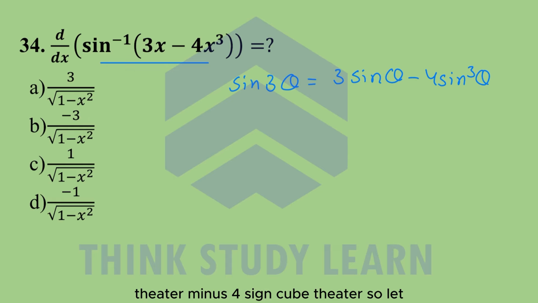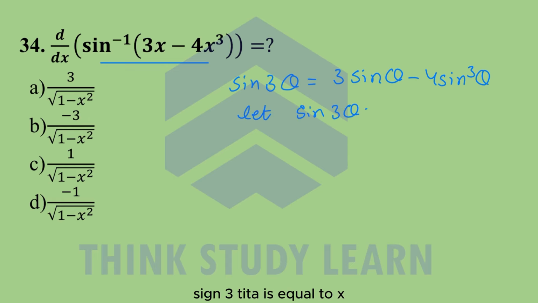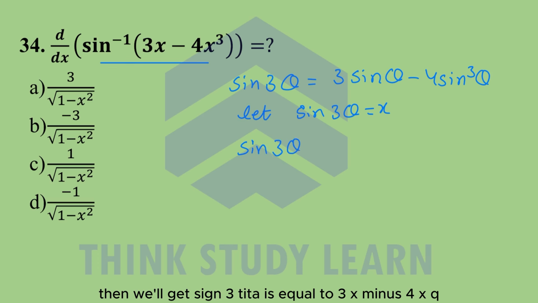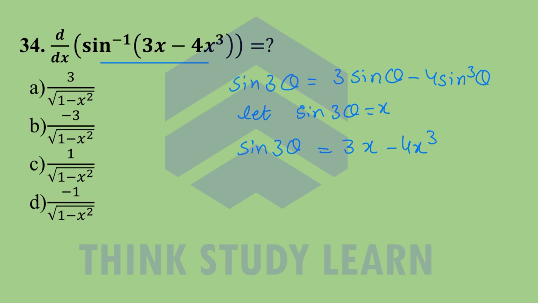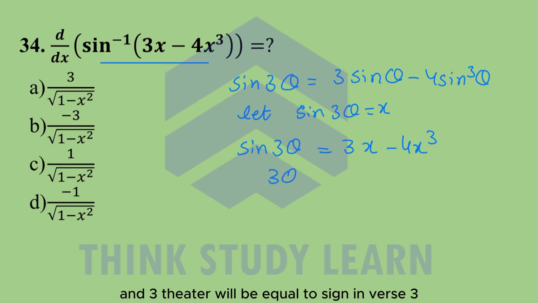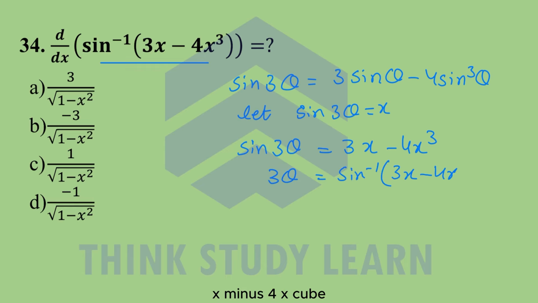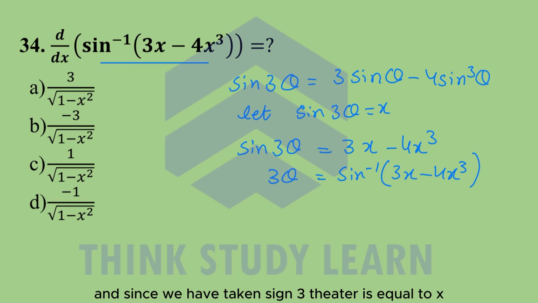So let sine theta be equal to x, then we'll get sine 3 theta is equal to 3x minus 4x cube, and 3 theta will be equal to sine inverse of (3x minus 4x cube), and since we have taken sine theta is equal to x, then from this equation